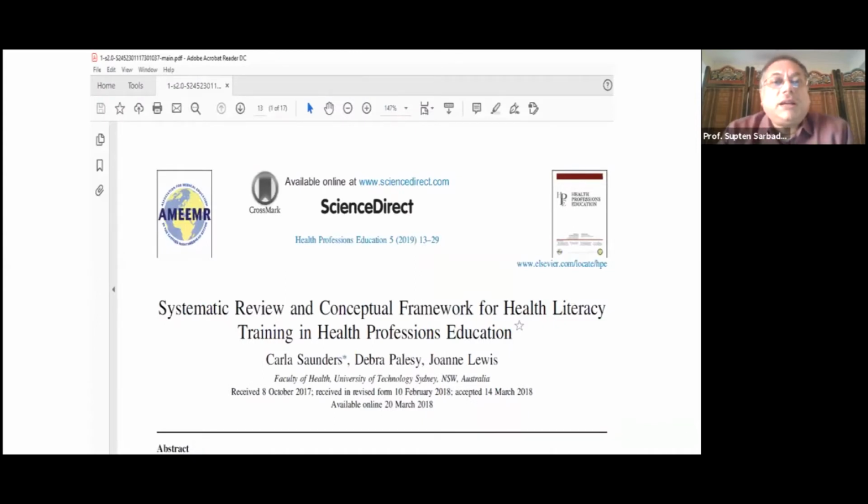This is one good article, a systematic review and conceptual framework for health literacy training and health professional education. And this, as you can see, is fairly recent, less than 3 years old. All these references are there in the presentation, and I'm sure that you can get a copy of the presentation. You can have a look at these references. This is an open access article. You can get the article and go through it. I'm not going into the details of it, but